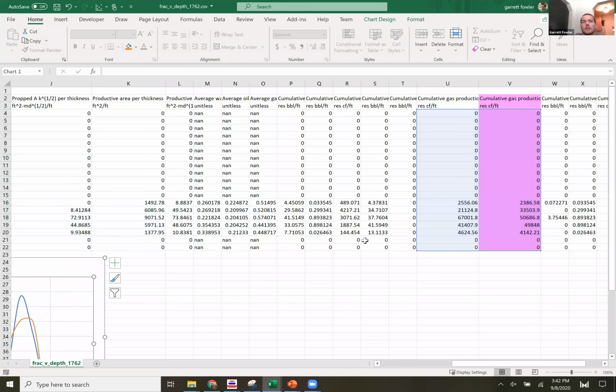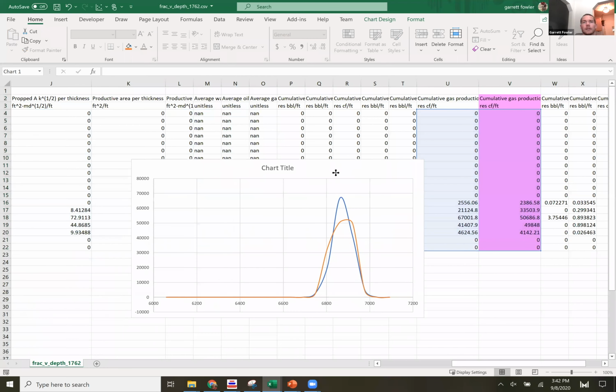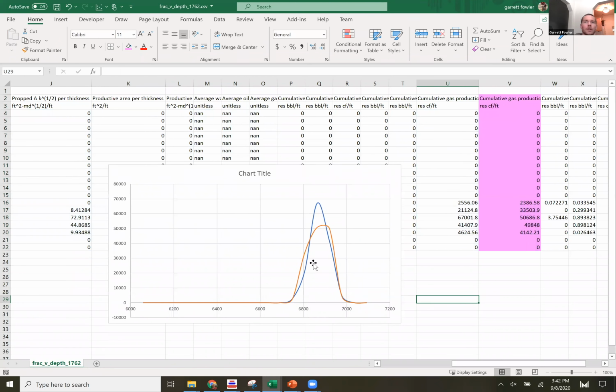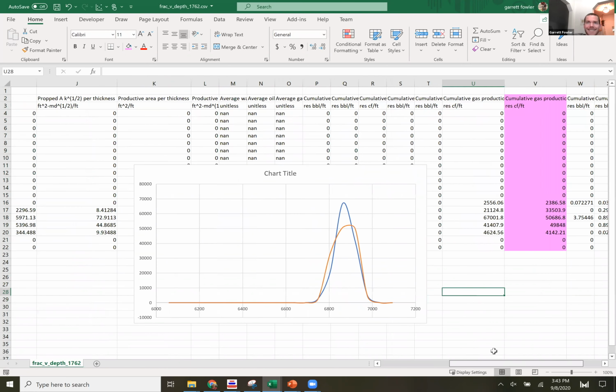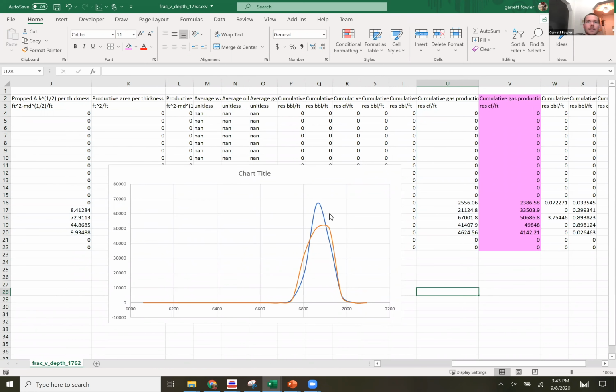We can also compare where production is coming from between the two simulations as well. So that's why I like that Frac for steps file, it really does help you identify where to look, but then I always go back to the 3D viewer to make those images and confirm